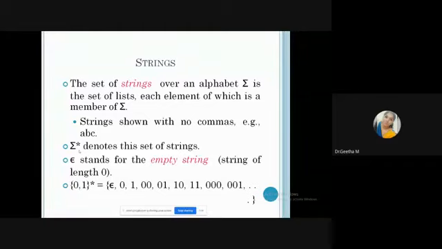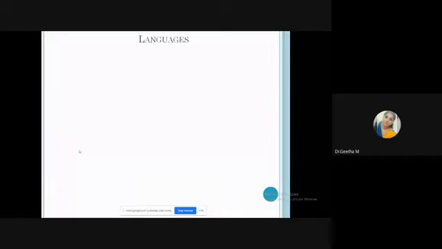So first it will produce the 0 length string, followed by 1 length strings, then 2 length strings, combinations of zeros and ones. There are 2 to the power n combinations, so for 2 letters you get 4 combinations: 00, 01, 10, 11. The length of these 4 is 2. Coming to 3 length strings, again combinations of zeros and ones, you get 8 combinations, then 16 combinations of 4 length strings, then 32 combinations of 5 length strings, and likewise it keeps moving.